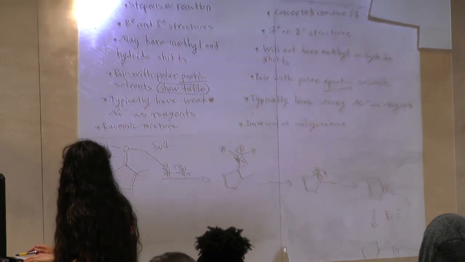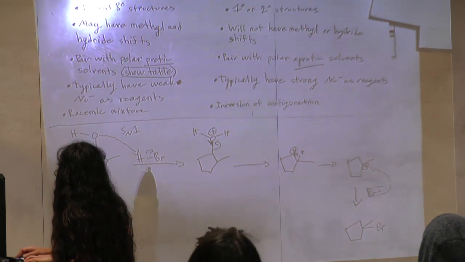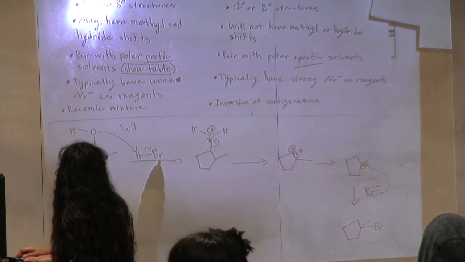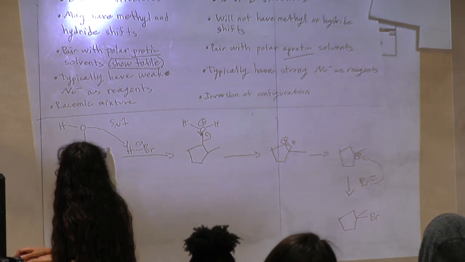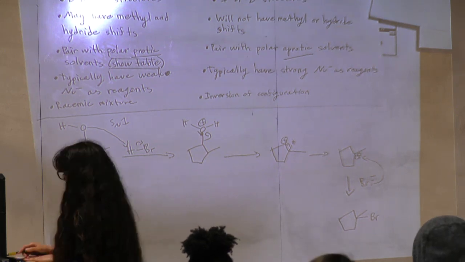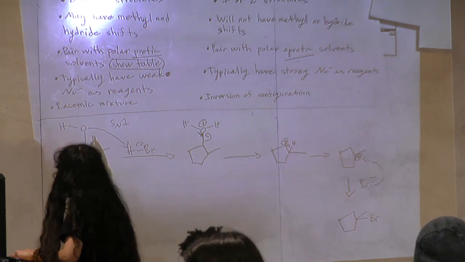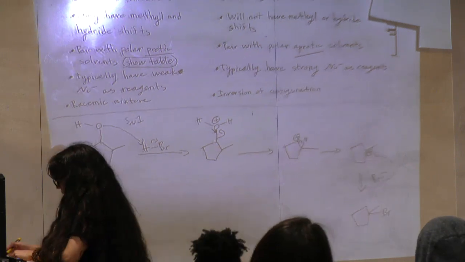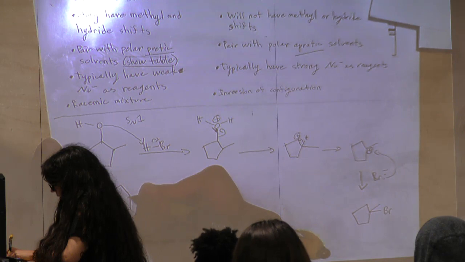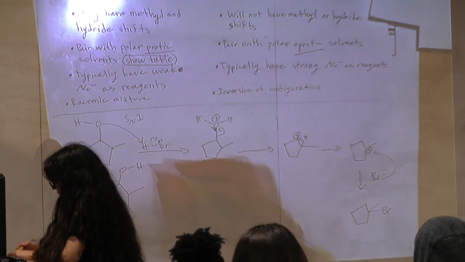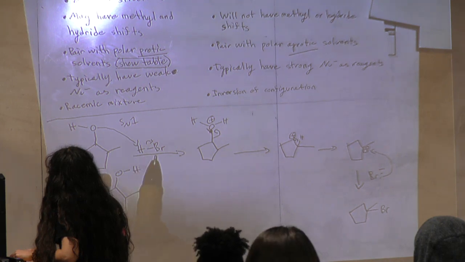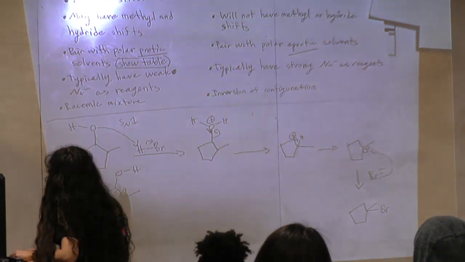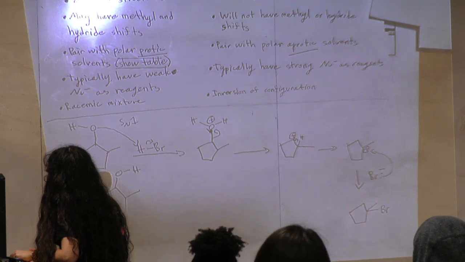So I have an example down here because HBr, like hydrogen with a halogen, is something that I see a lot of students get tripped up on, whether this is a strong or weak nucleophile and how to react it. So if you have a structure like this, and you have it with HBr, it has to be SN1 because OH is what kind of leaving group, good or bad? Yes, very bad leaving group. So you have to